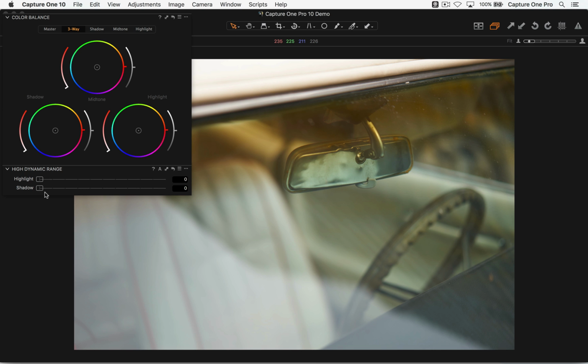So if you've got two dark shadows and you just want to get a bit more shadow detail, you see it's a little bit more. If we adjust that and then do that, subtly different, ever so slightly different. So use this rule. If your shadows are too dark and you need to just raise the exposure of the shadows a bit, then the shadow slider makes sense. If you want to have softer contrast, for example, manipulate the contrast, then use the slider in the color balance tool. So it is a slightly different effect.